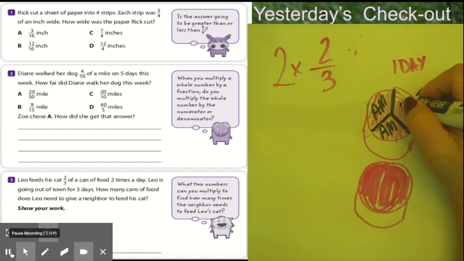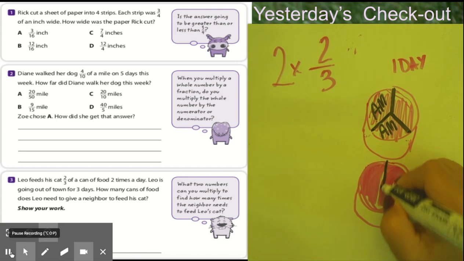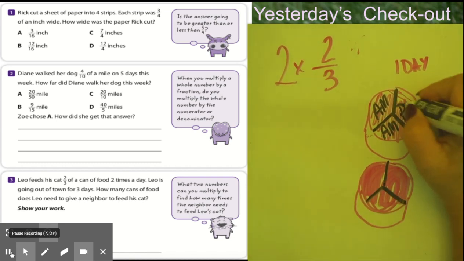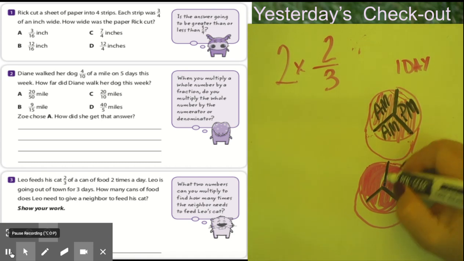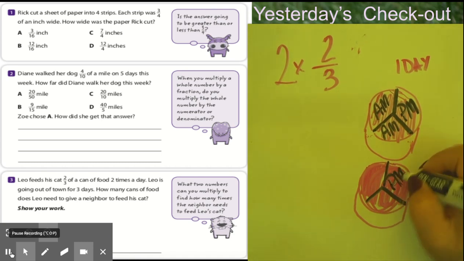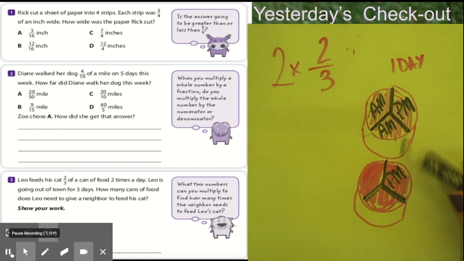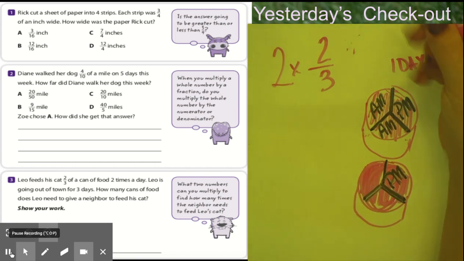Now I need to give him 2/3 again. So how I'm going to do that, that's the evening, PM. And hopefully the neighbor will cut his thirds better than I cut my thirds. So this is how much he needs a day. 1, 2, 3, 4. 4 pieces a day